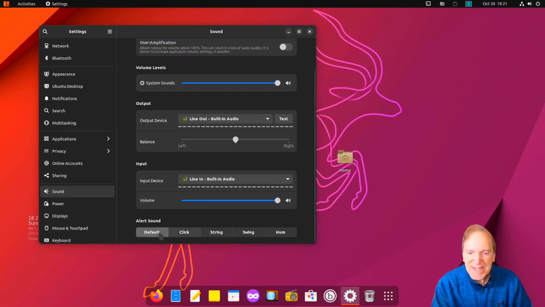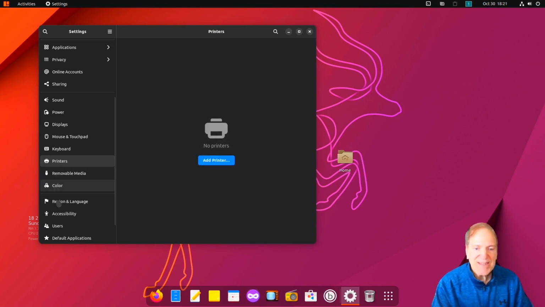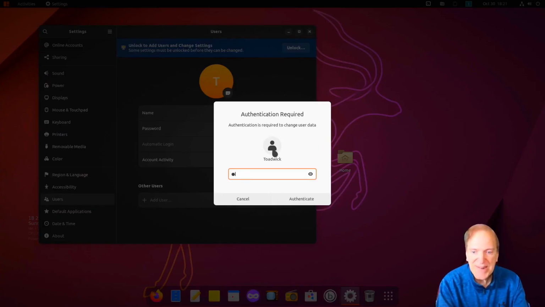Our sound settings here, we can go click. And then we got our string sound, I guess, and then swing and hum. Click default. And then onward to our keyboard settings, and here I pretty much keep these all default. I don't typically mess with those. Printer settings if you want to install a printer. Then your accessibility, your users, if you want to give yourself an avatar, you can unlock here,